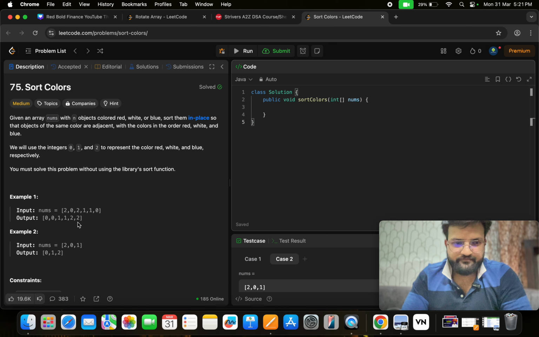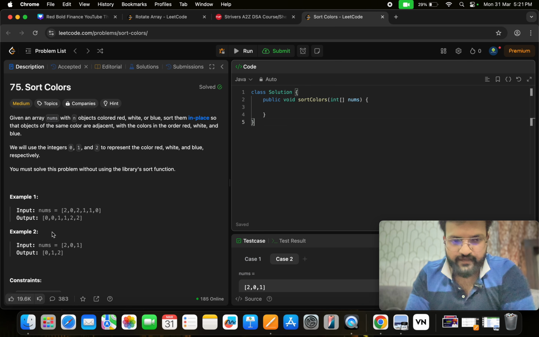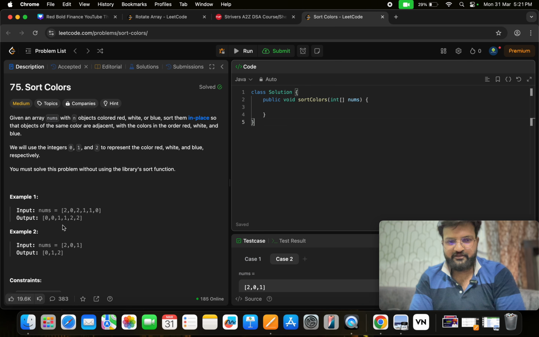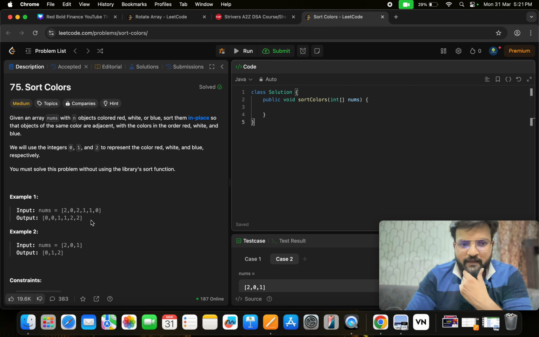So what we can do in this type of problem, we can simply use array.sort and the whole array will get sorted 0 1 2. But in this question it is mentioned that we cannot use the built-in function. So another approach to solve this problem is two pointers. We can use two pointers and place them at the indexes, and if we encounter any